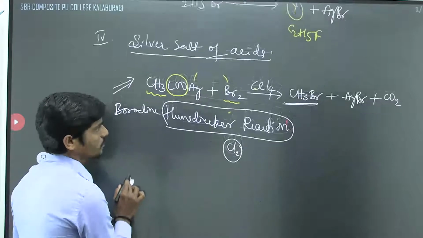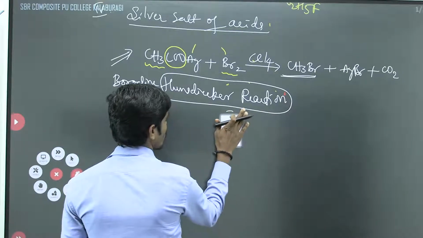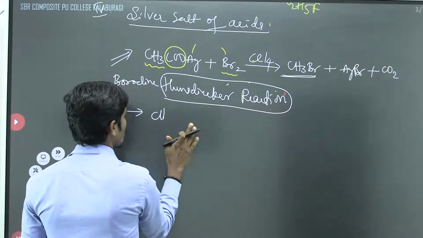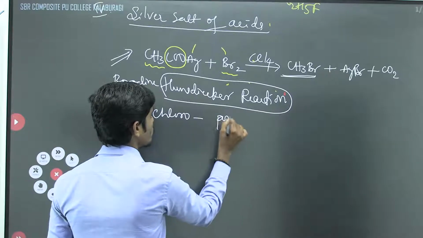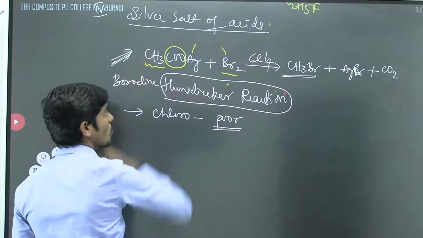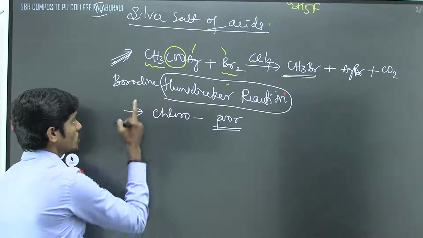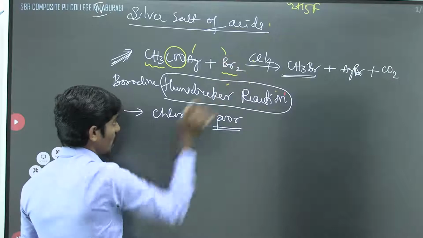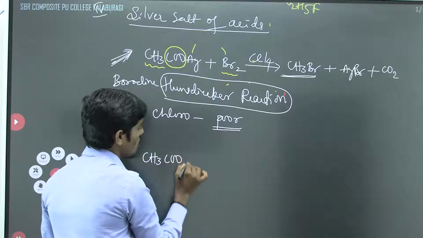Chloroalkanes can be produced by using this method, but in this case the yield is very poor. Therefore, we prefer only bromoalkanes by using the Borodin Hunsdiecker reaction. Iodide cannot be produced in this method. If you are treating with iodine, this silver salt of acid CH3COOAg gives rise to